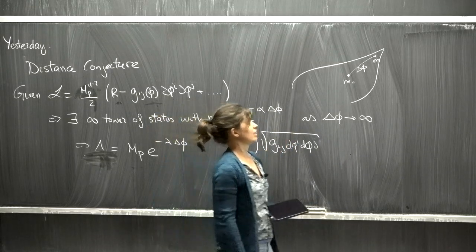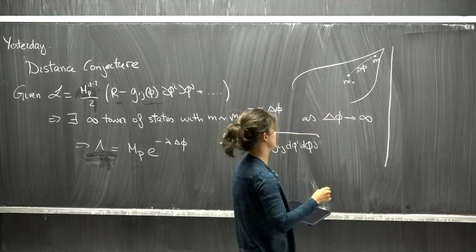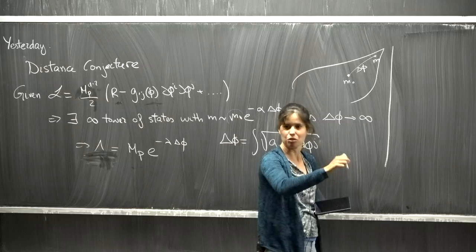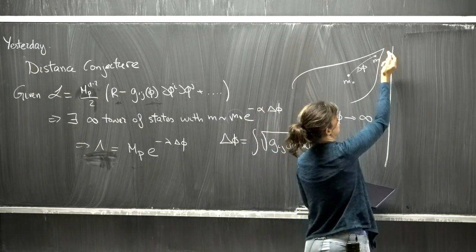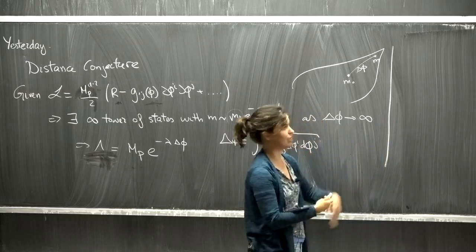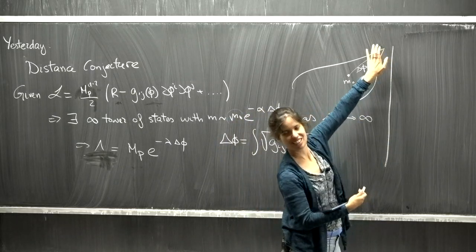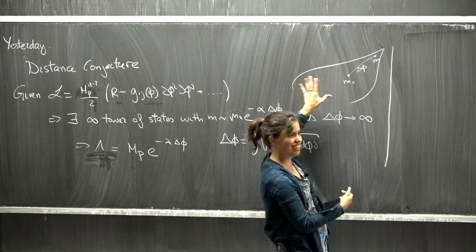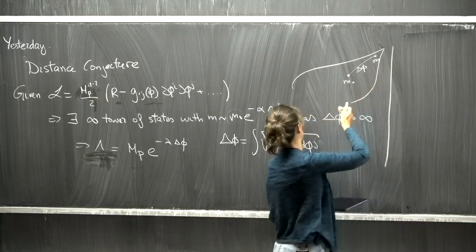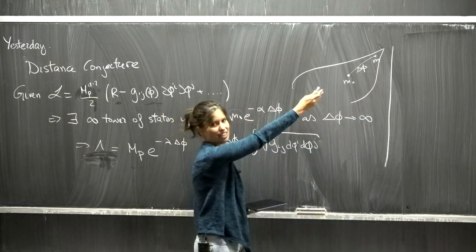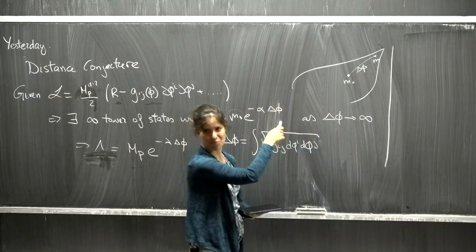In practice, sometimes, yesterday when I was giving you examples, I was giving you the local result for the masses at each point. So in practice, in string theory, when we have different compactifications and so on, we know very well what the result actually is at infinite distance, and you start expanding. So you can also think of this as a perturbative expansion at delta phi equals infinity, in such a way that this is the leading term, okay?